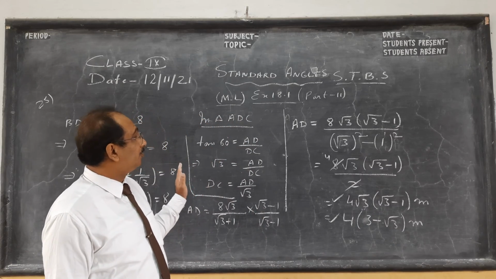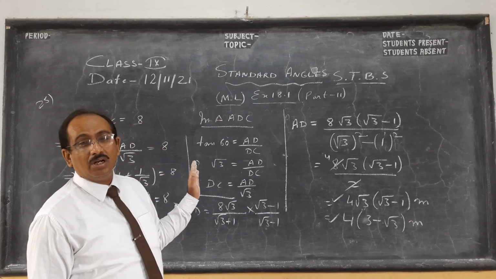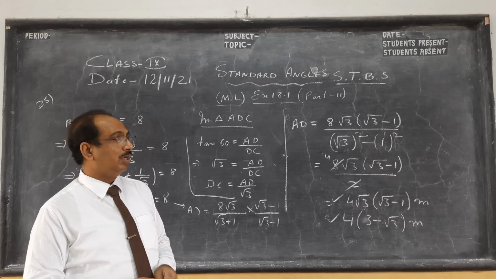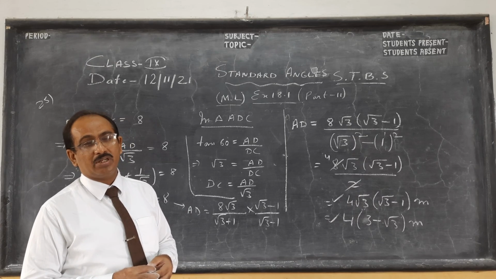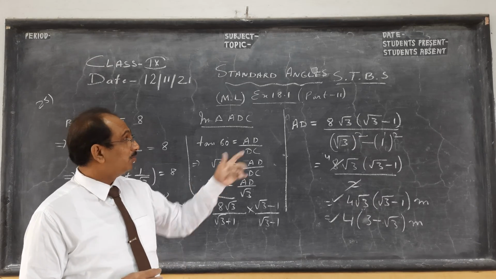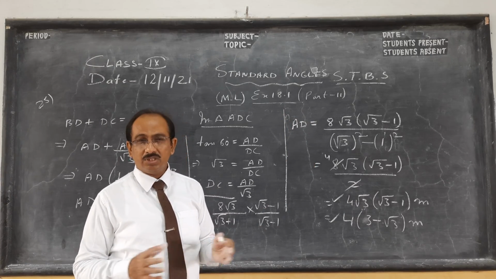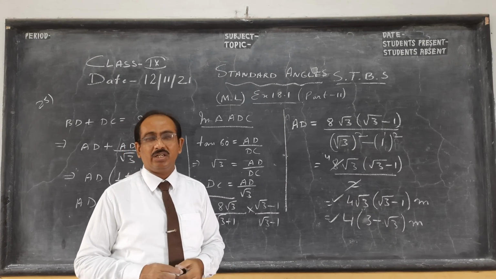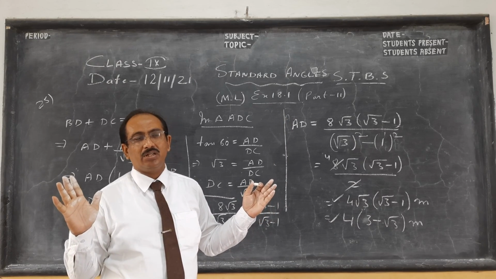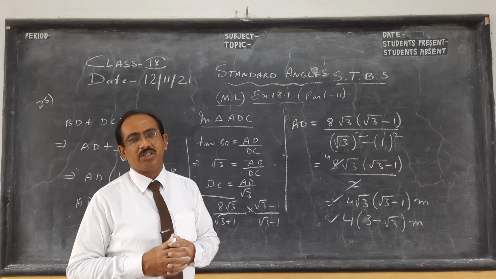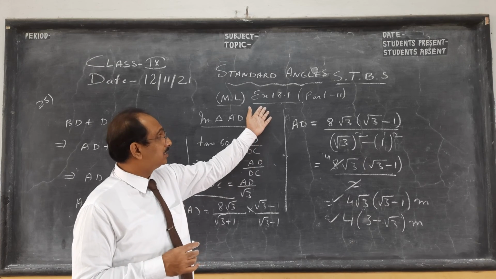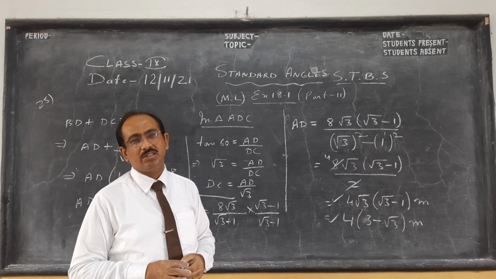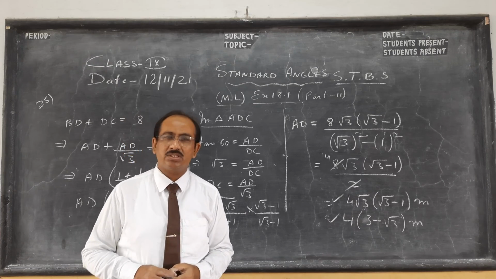So this is the end of my 5th video lesson on standard angles. In the next 1 or 2 videos I'll work more on trigonometric ratios of complementary angles, for which I did the concept and a few basic questions in my part 4 and part 5. More difficult questions I'll do in my part 12 and part 13. Then we'll have a full collection of 13 or 14 videos on class 9 trigonometric ratios, covering 2 exercises from this particular book or any book you can see, exercise 17 and exercise 18. So thank you children for watching this video lesson.